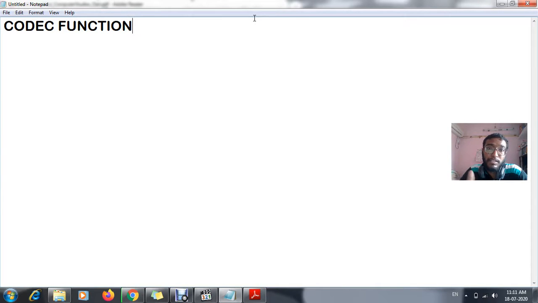Now what is that particular function? Mainly you will be using HW and SW, and after clicking on HW plus you will be able to increase the volume up to 30%. Normally you will be able to increase the volume till 15. So this is the basic idea about the codec function. The actual codec function is this: if your video is going on and we want to slow it down, or if the audio is ahead or the video is behind, for merging and getting them in proper lane, we use the codec function.